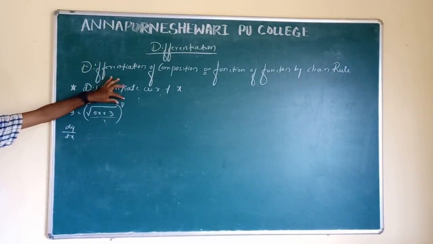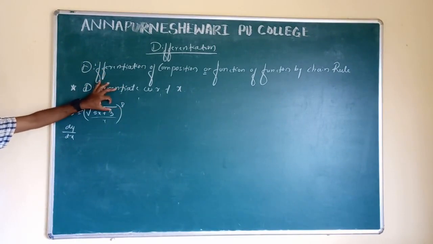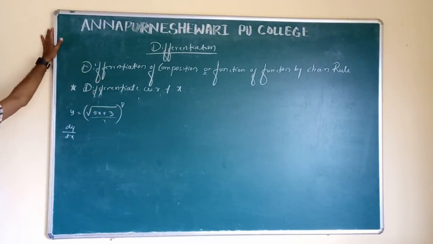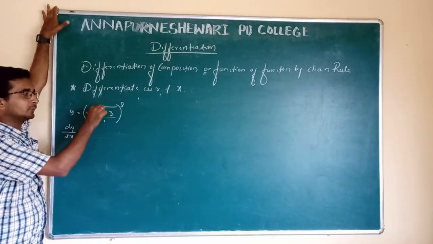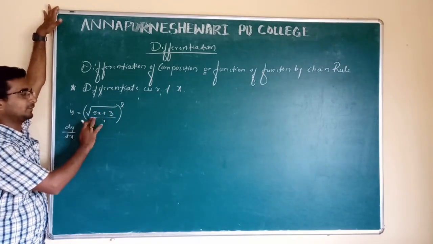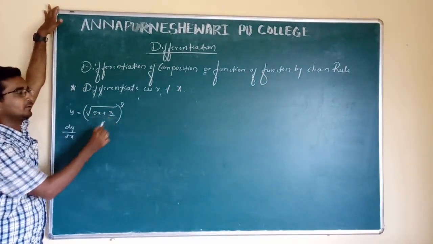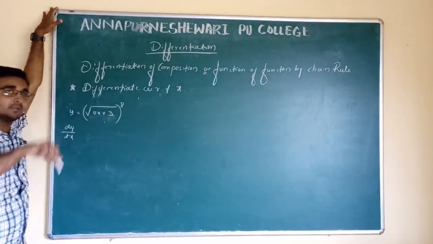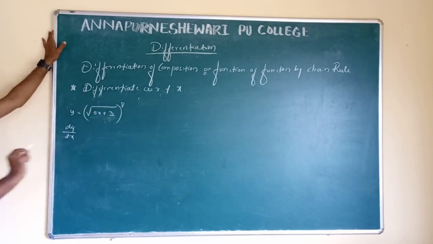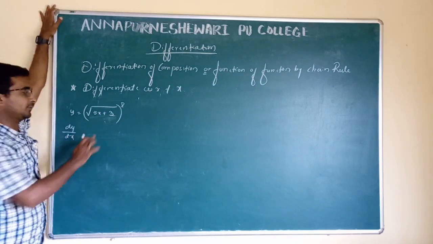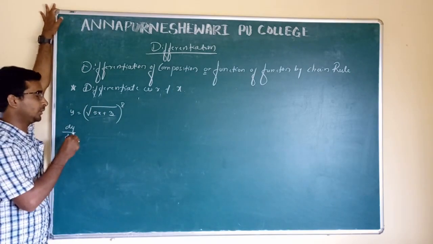What we have to do is, from outer side to inner side we keep on differentiating. The outer side has the power 8, then the inner side is root, then one more inner side is 5x plus 3. So like that you have to follow the method. Again I am repeating, from outer side to the inner side. This is for when they give the order of the function, but for the trigonometric function it is a little bit different. Okay, that I told you while solving those types of examples. This is how we are going to solve it.